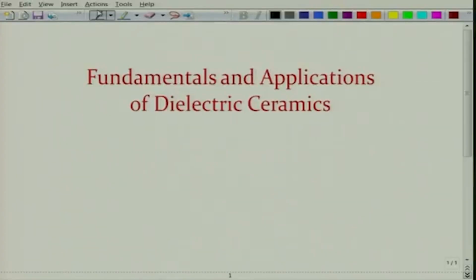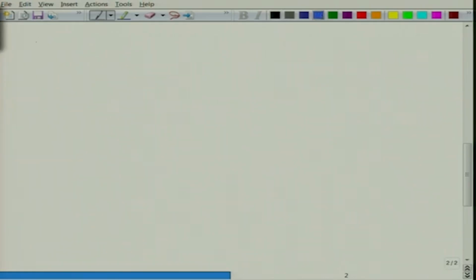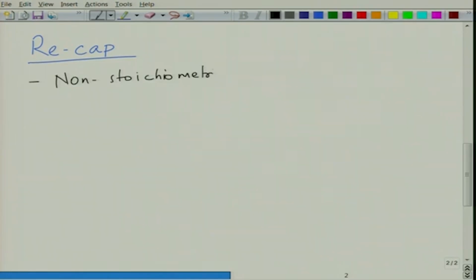Lecture of this course, Fundamentals and Application of Dielectric Ceramics. So, we will just briefly recap what we did in the previous lecture. In the previous lecture, we looked at non-stoichiometric oxides primarily. So, we looked at two dominant cases of oxygen